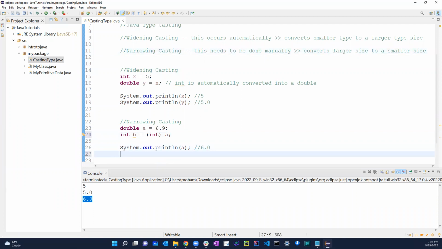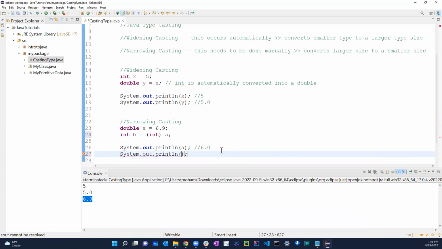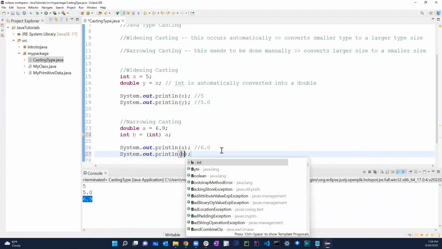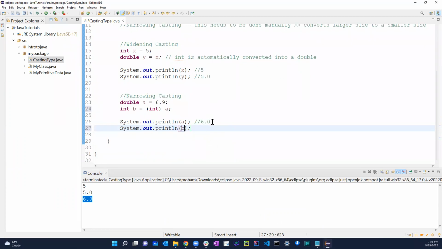So now, if I was to do print out, as out, now if I was to do B, what do you think this will print out? Again, let me just change this to 6.9 now. If you guys had said 6, you are correct. So let me just print that out. There you go. It's 6. Because what it's doing right now, like I said, it